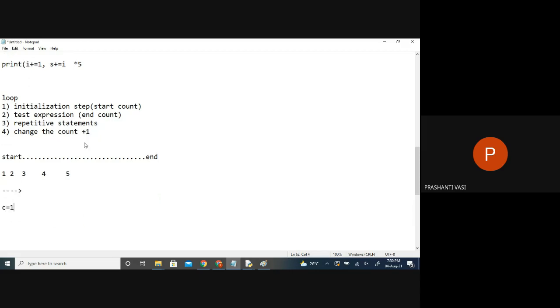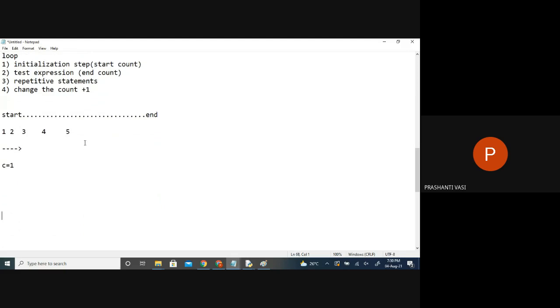Now, if I write this code like this, c is equal to 1, meaning the beginning count is 1. If I write count less than or equal to 5, what will be the output on the screen?